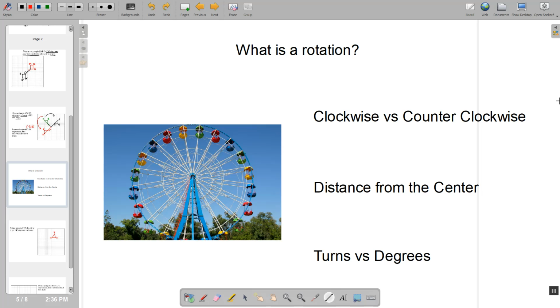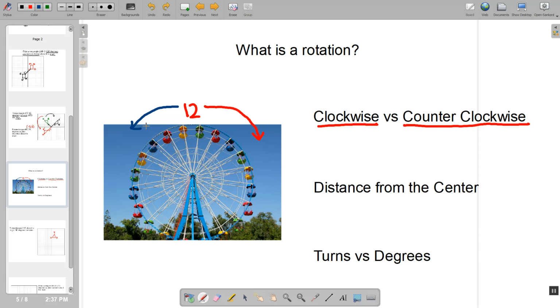Let's quickly review what a rotation is before we get into some more examples. Before we start actually physically rotating, we're going to frequently be asked clockwise or counterclockwise. And I always tell you, look at a clock where the 12 is at the top of the clock, and a clock rotates this direction normally. So that makes this direction clockwise. And if we go the opposite direction of that, we call that counterclockwise. So I think it's always easiest to think about the top of a clock and you're rotating to the right